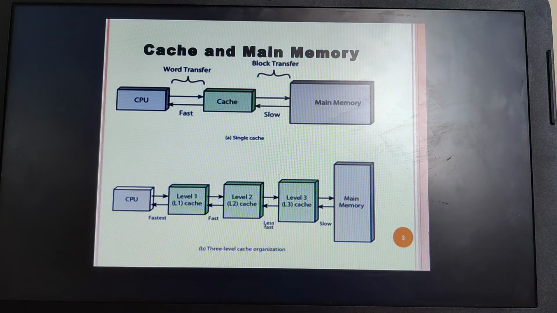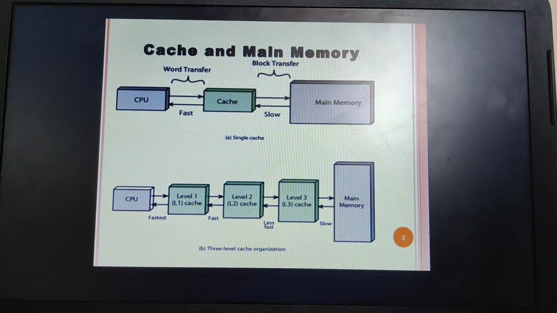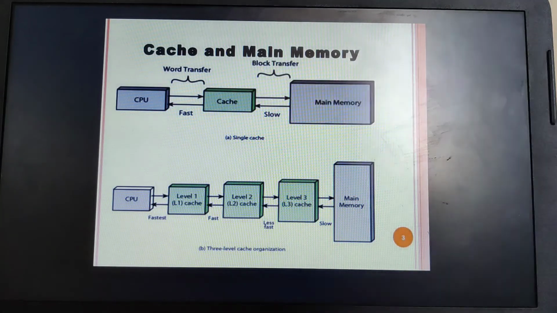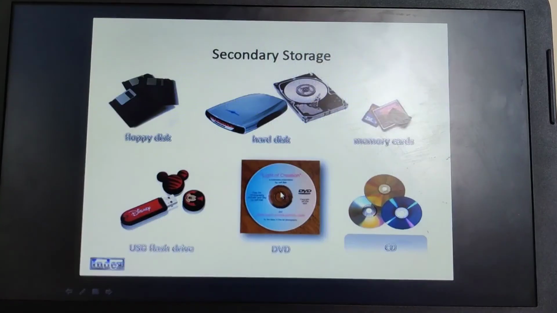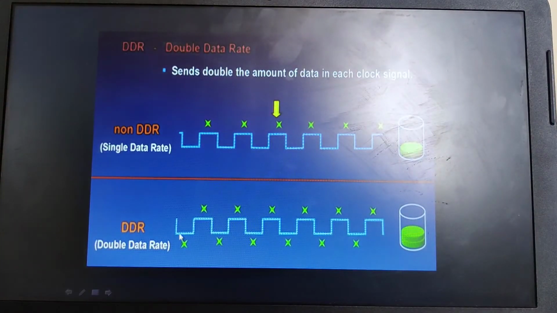Then the next one we discussed was double data rate random access memory. In the case of double data rate random access memory, it is again a memory chip, but here it will transfer the data both at the rising edge and the falling edge of the clock signal. You can see this image again. Both at the falling edge as well as the rising edge of the clock signal, the double data rate memory is transferring the data to the CPU, because it is transferring data both times.